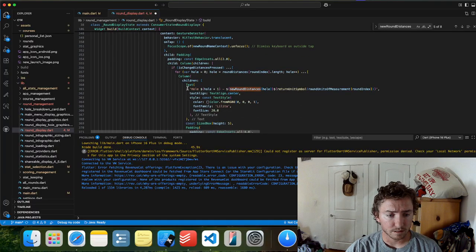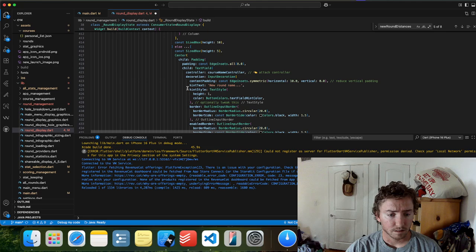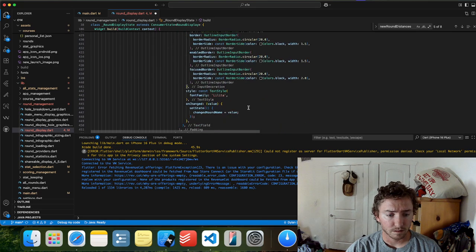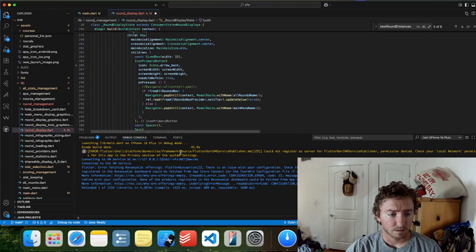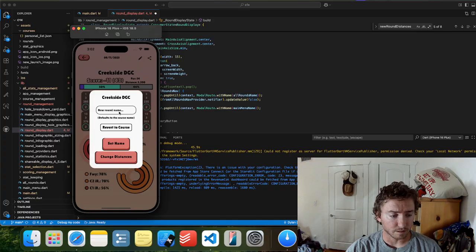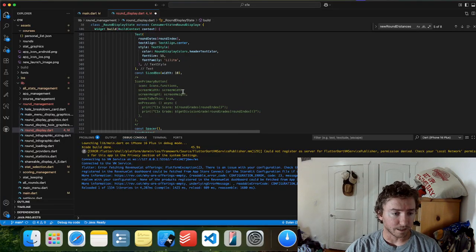What is the text field there? New round name. Changed round name equals value. What happens right now if I type something into there and then go back? It's still there. That's what I figured.